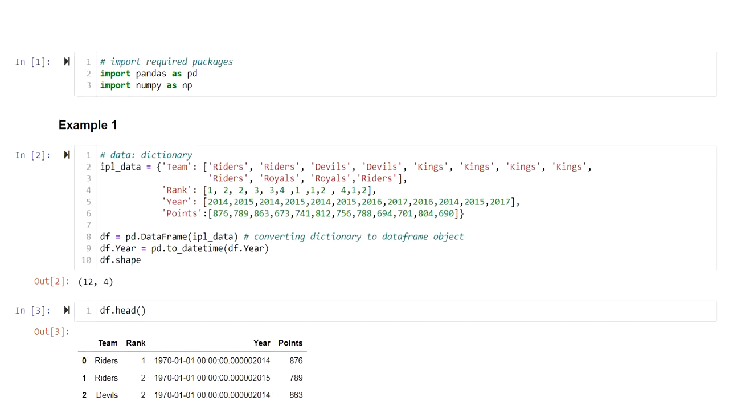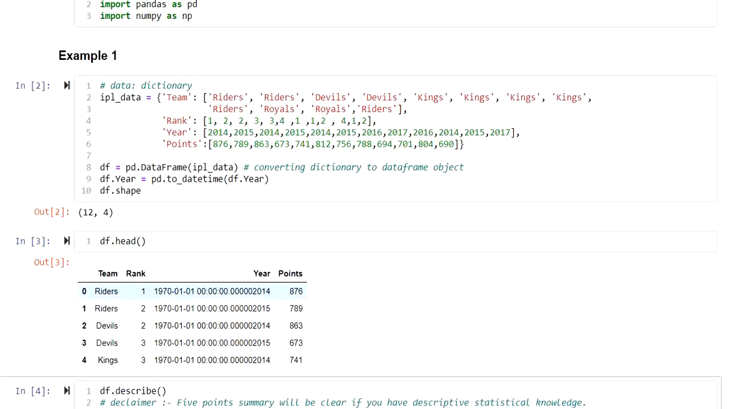To illustrate that, I am going to take a small data set here. However, the inferences and observations are going to be valid even with a larger data set. Here is my data set, and if you want it, I'll put it in the description box. You can take it from there. It has 4 columns: team, rank, year, points. Out of these, 3 columns are numerical types and 1 column is object type,